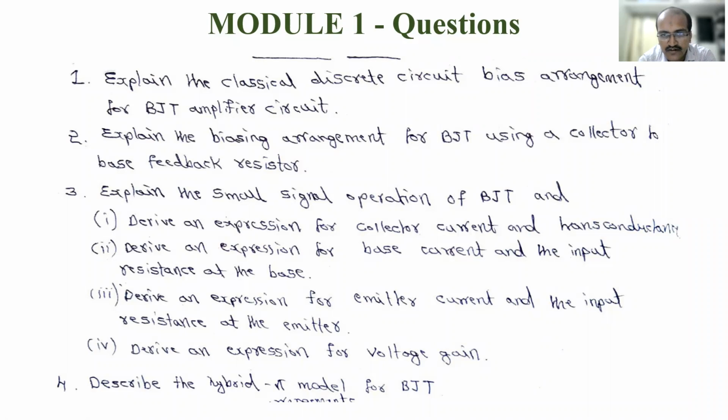In the exam, if they just tell you to write the hybrid pi model of BJT for 4 marks, then no need to explain much. If they ask you to describe it for 8 marks or 6 marks, you need to explain how you got that, everything. So that is what your idea is about. Everything is in the notes, so you just have to coin the terms. In the exam I will give you the same question, so you should be able to prepare and answer the questions. So that's your side preparation.